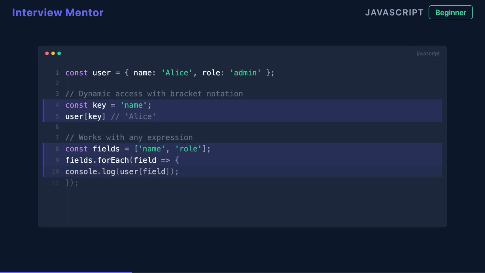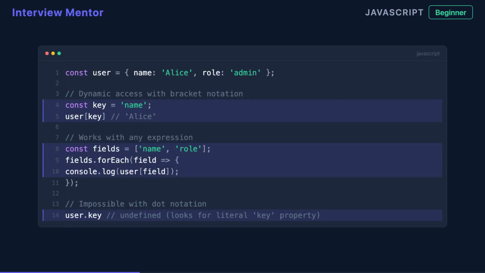Here's where bracket notation shines: dynamic property access. If you have a variable holding a property name, bracket notation lets you use that variable. You can write const key = "name", then use user[key]. This is impossible with dot notation. It's incredibly useful when you're iterating over properties, building dynamic queries, or working with user input to determine which property